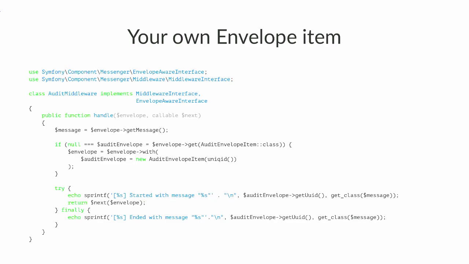Therefore, what it means is that here I can add at the beginning of my actual log, I can ask the audit envelope item, get me the UID, right? So what it means, I'm going to dispatch the message from my web or the HTTP request that triggered this. I'm going to generate an ID. I'm going to slightly change the envelope. It is going to be sent to my transport. That envelope item will still be around. And then when I consume the message, the envelope item will still be around, and therefore the ID here will be the exact same ID as the message I generated when I dispatched the message.